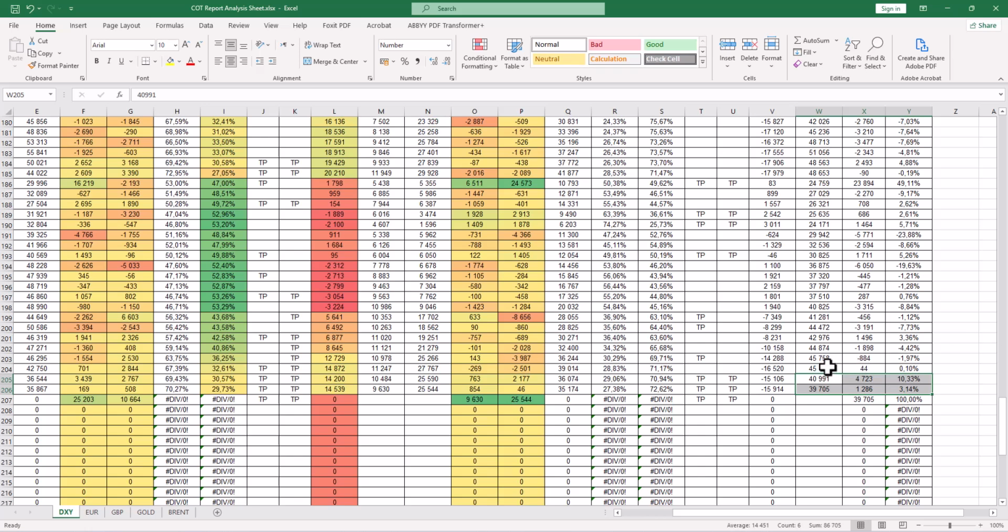So we've had open interest drop for the past 3 weeks from 45,714 to 39,705. If prices are in an uptrend and open interest is falling, this is a bearish sign. Take note. And then the last one is if prices are in a downtrend and open interest is falling, this is a bullish sign. So these 4 conditions, these 4 criteria, we use in relation to open interest